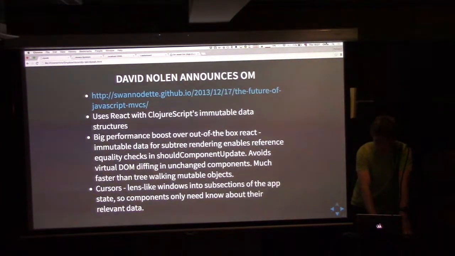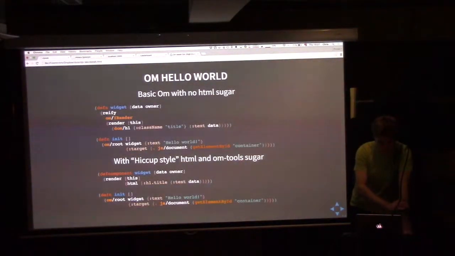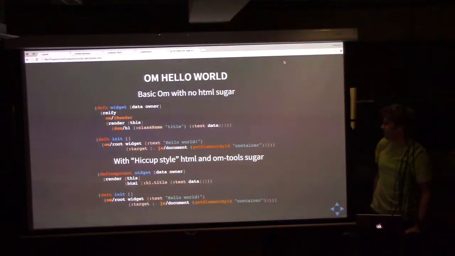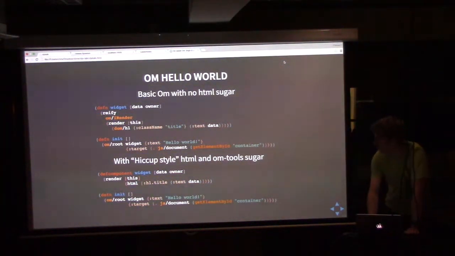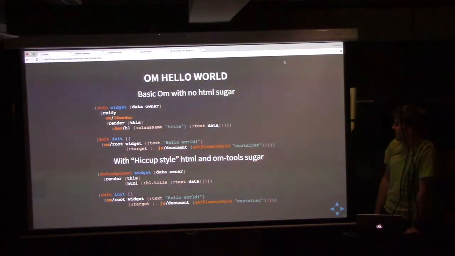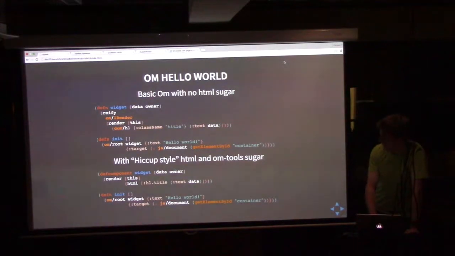So let's look at a basic example. Got two examples here of the same thing, same result. The first one is out of the box, with no sugar. It looks like just making a header H1 with some data. So we've got our text. This is where we init our whole app. It's called a root. We pass in our component function, and this is our app state. It's just a simple map with one value in. We put it into the DOM,